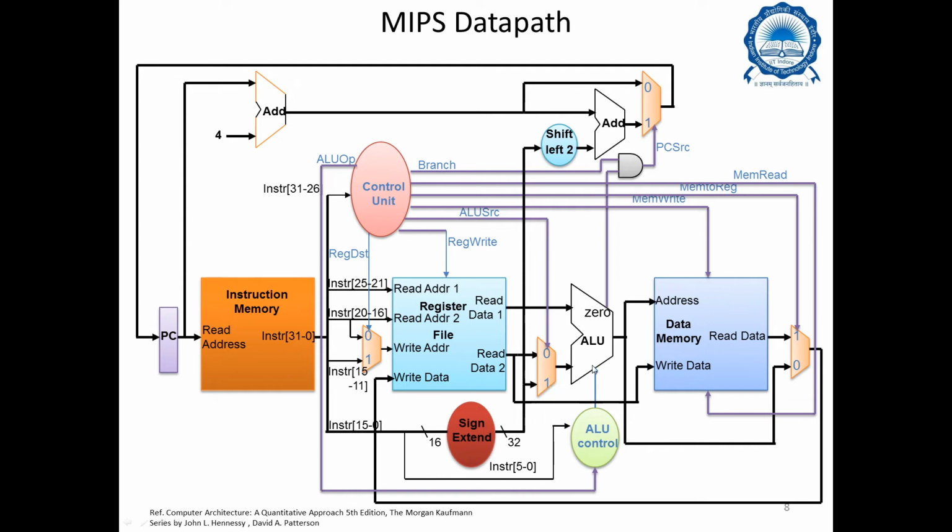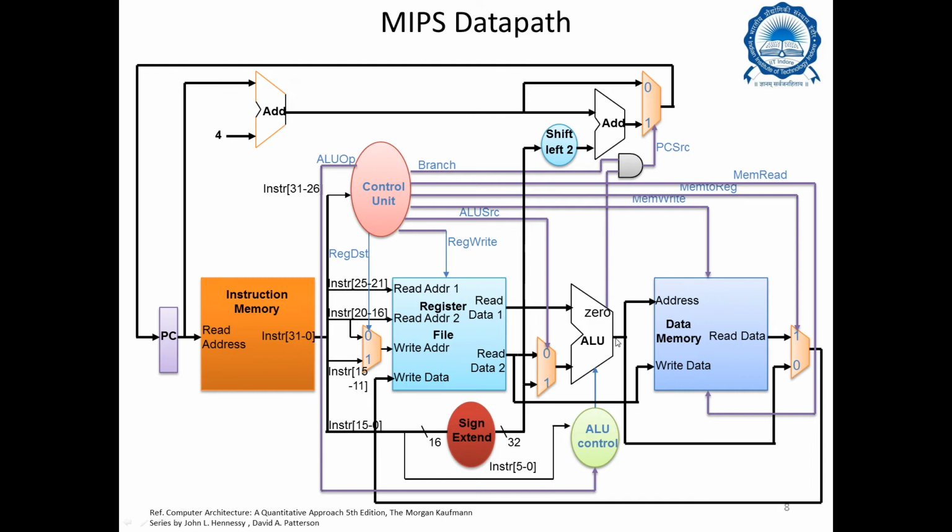As I said earlier, the ALU is responsible for computing between two registers, or between a register and a constant, which is 16-bit extended to 32-bit, or it is responsible for computing the effective address by taking the offset from the immediate field, sign extended to 32-bit, and adding the source register, which is RS basically, right? That's why the ALU has a multiplexer at the second input, one coming directly from the register file and the second coming from the immediate field. Once it is done, it goes into the data memory,